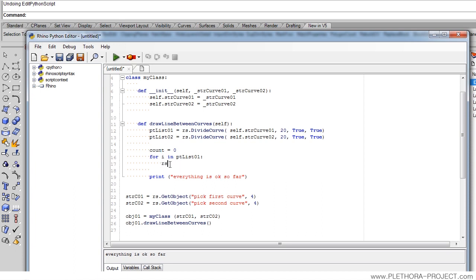So we're going to say rs.AddLine. We haven't seen this method, but it takes two parameters, one point and another point, and it will connect those two. So let's see how to access the information from these lists. The next tutorial will be on lists, so don't get scared by all this stuff on lists, but you will see that most of the complex procedures